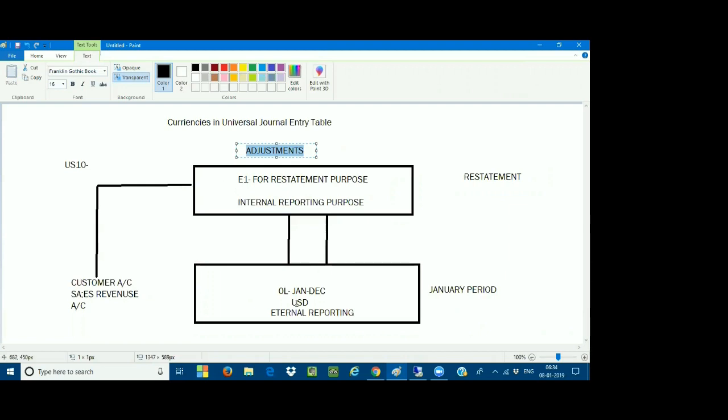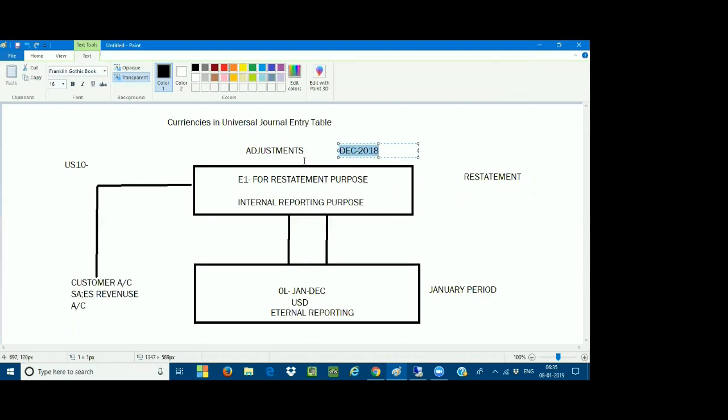It should not affect the leading ledger, because in the leading ledger the period which is open is the January period. But I would like to do the adjustments in the period of December, reposting of the cost or reposting of the revenues, whatever it may be. That has to be impacted only for 2018, because this accounting entry is very much required for the E1, where I would like to have some internal reporting for decision making or planning. So I can open the period of last year December, and post whatever adjustments I would like in the month of December.